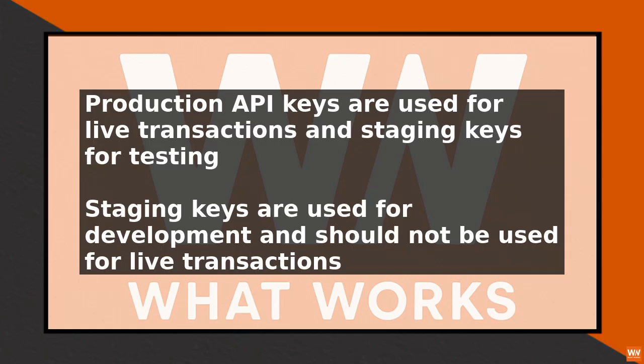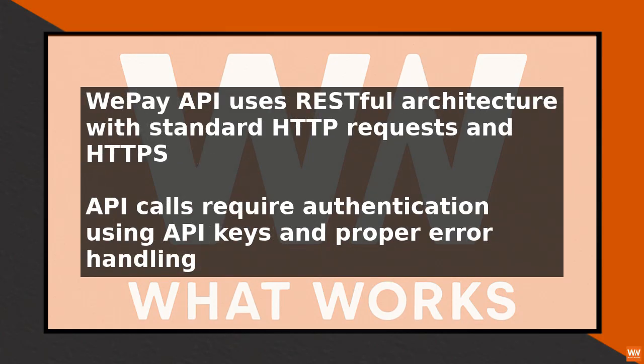In terms of practical examples, you can use the WePay API to create a payment form on your website, or to process payments in a mobile application. For example, you can use the WePay API to create a payment token, which can be used to charge a customer's credit card. You can also use the API to retrieve a list of transactions, or to update a customer's